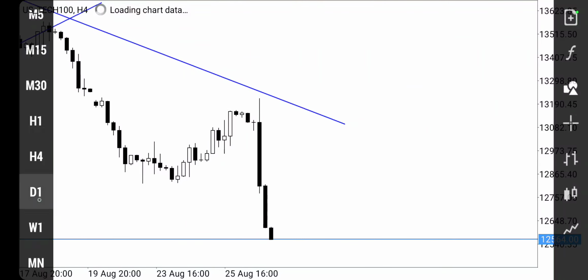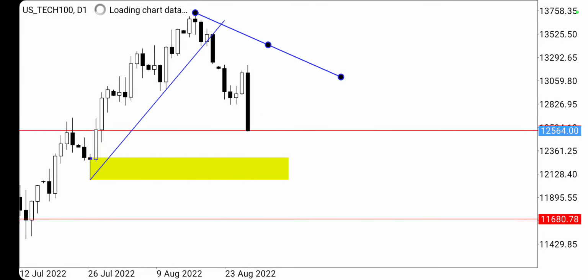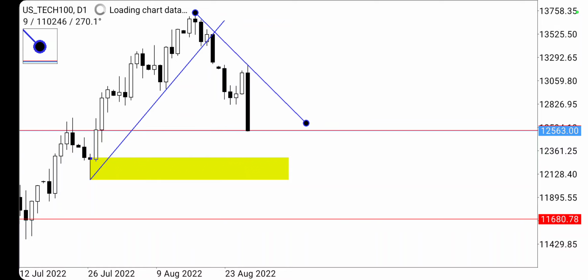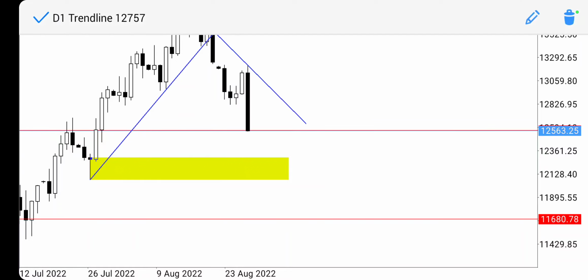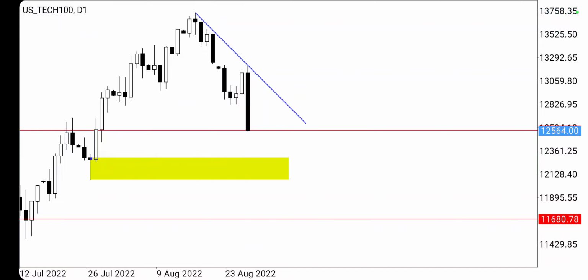And on daily, because now we have a new lower low, it means that the downtrend now can be represented with a trend line like that. And this being your trend line, it means you can put this as your next resistance, this is your support. So the price is in between. Once it dips into this, that's when you'll be targeting either the trend line around there. You are exiting, you don't know what's going to happen. We are still bearish, you don't know what's going to happen to the trend line,